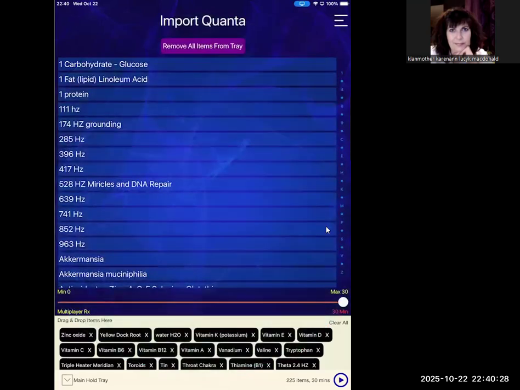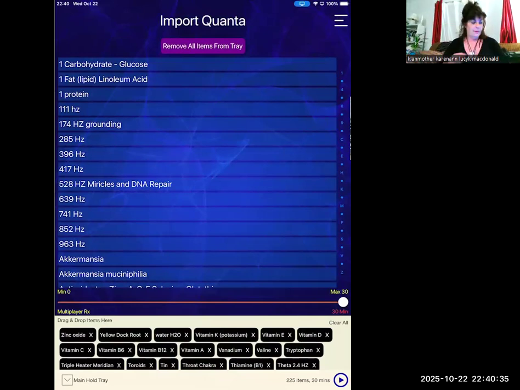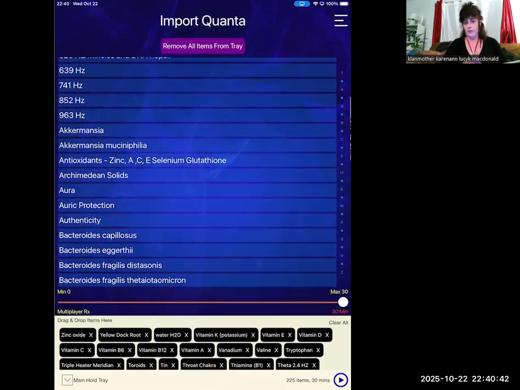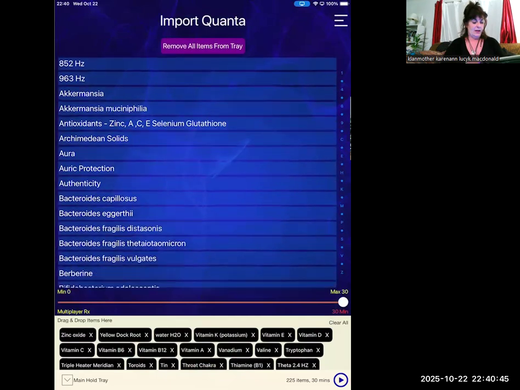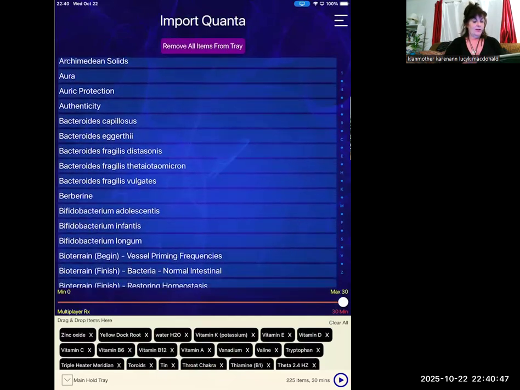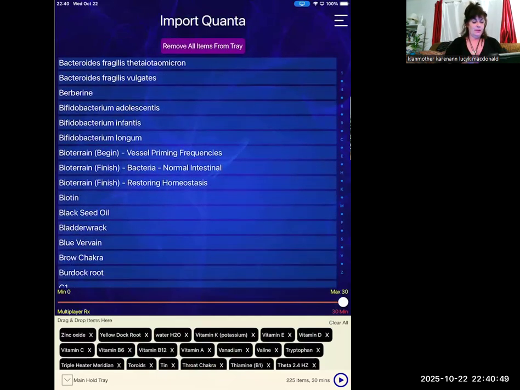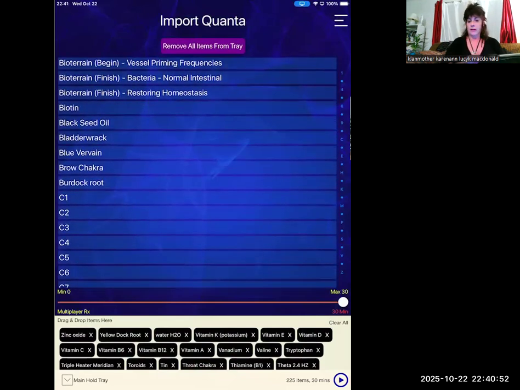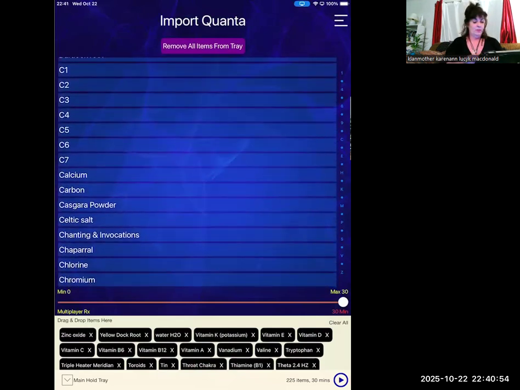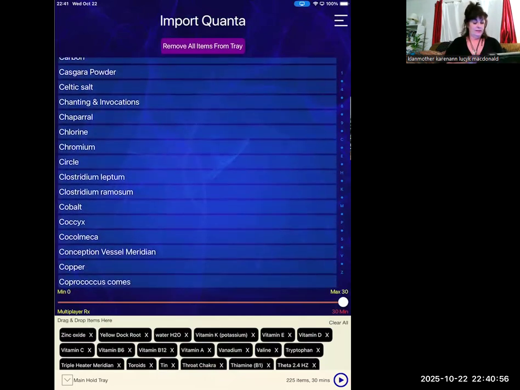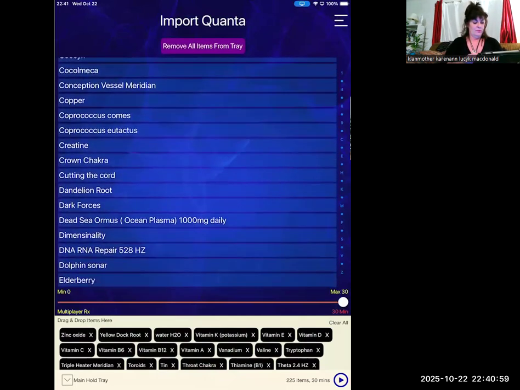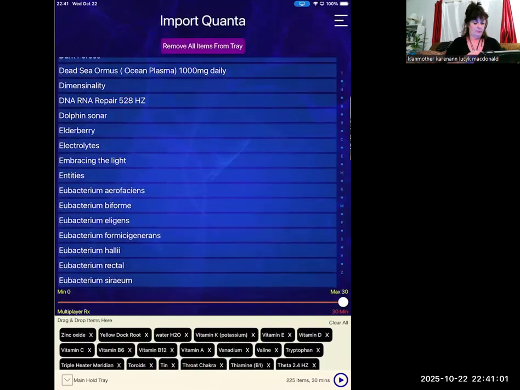Just so you can see what we're going to be playing here, before we go, we are going to show you what's on the list. We're going to be doing stuff for glucose, lipids, proteins, 111 Hertz. You can see lots of them. So these are more than just straight tuning forks. Antioxidants, Archimedean solids, auric protection, berberine, acidophilus, a lot of stuff for the bioterrain, working on the upper neck. Chlorine, look at all those different herbs and oils and coppers, crown chakras,